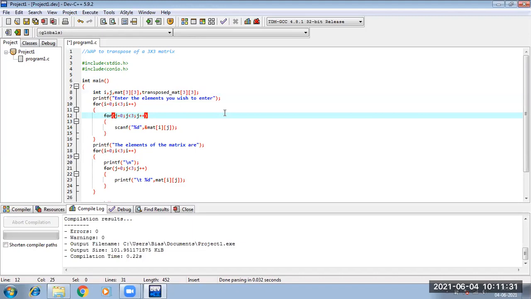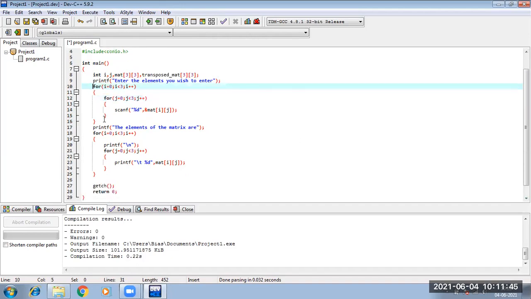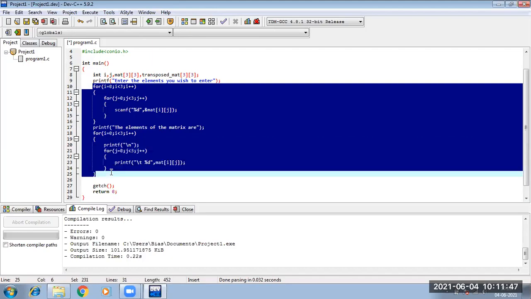Now I will take the elements from the user, right? So first I will input the elements of the matrix, and I will show the elements of the matrix. Up to this, whatever we have learned, the same logic will be as it is. I am taking 3 by 3 matrix elements, and I am showing 3 by 3 matrix elements.